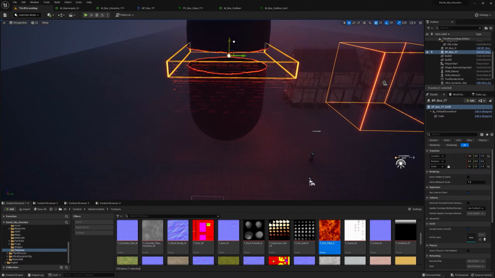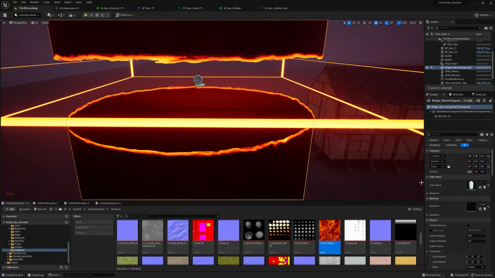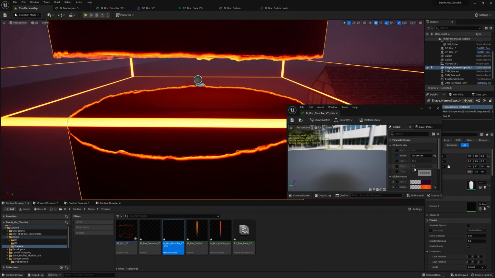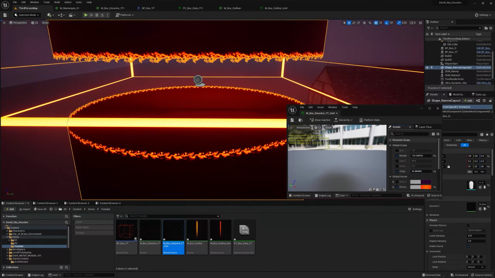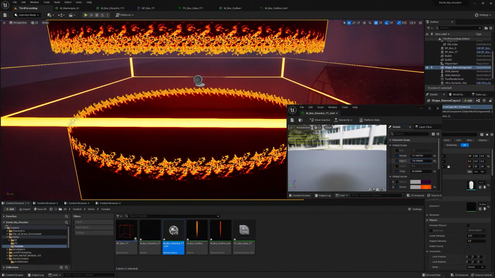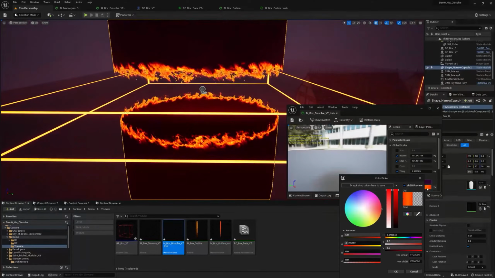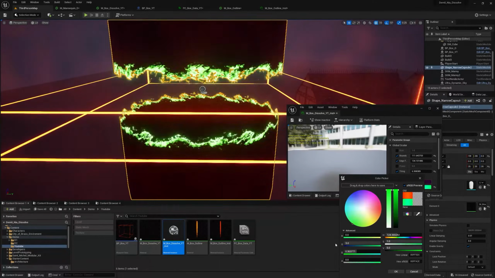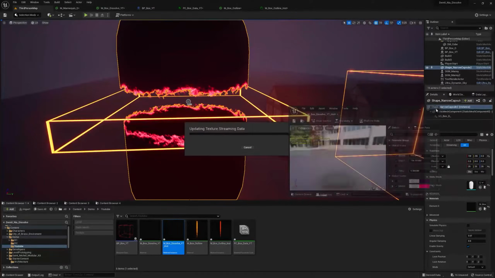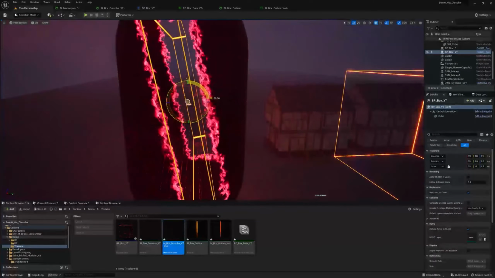So now you can see that it is only happening at the fringes. Now I can move this around like this, and I have this noise effect. So here if we go to the parameter, I can go to the tiling and increase the tiling, so we get something like this. Or here I can decrease the tiling, so I get something like this. I can change the color to whatever I want. And now here I can just rotate this like this,